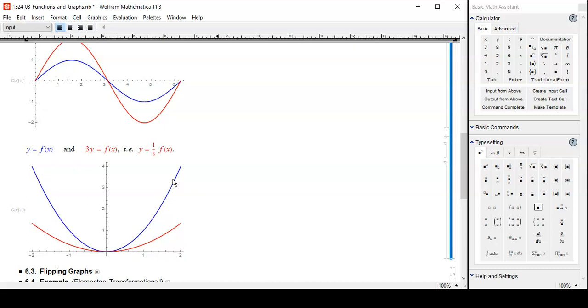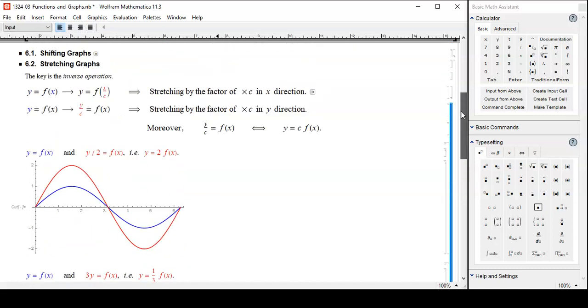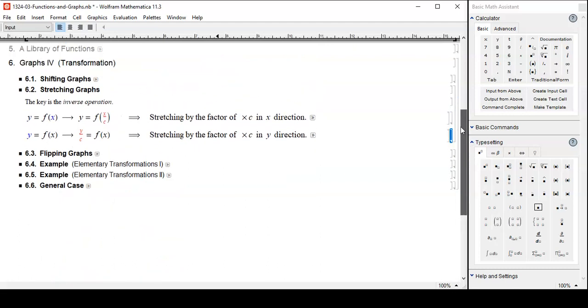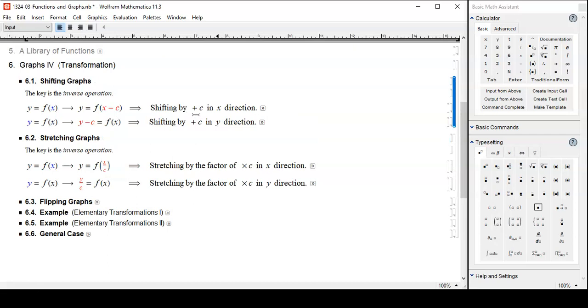And how about this? This blue is original. And then I want to compress now vertically and make it 1/3. So you have to go backward, inverse operation. So 3y, and simplification yields y equals 1/3 f of x, like this. So again, we are doing inverse operation. We wanted to add c, then we do opposite, x minus c. If you want to shift by c unit, we go backward, minus c. Same thing. If you want to stretch by c, we divide